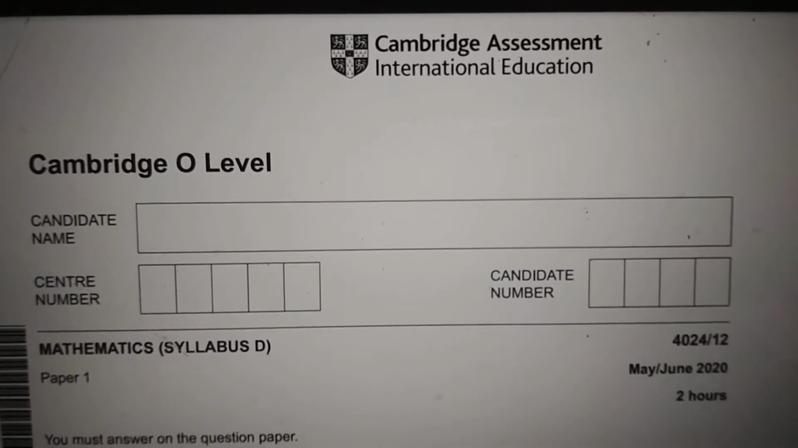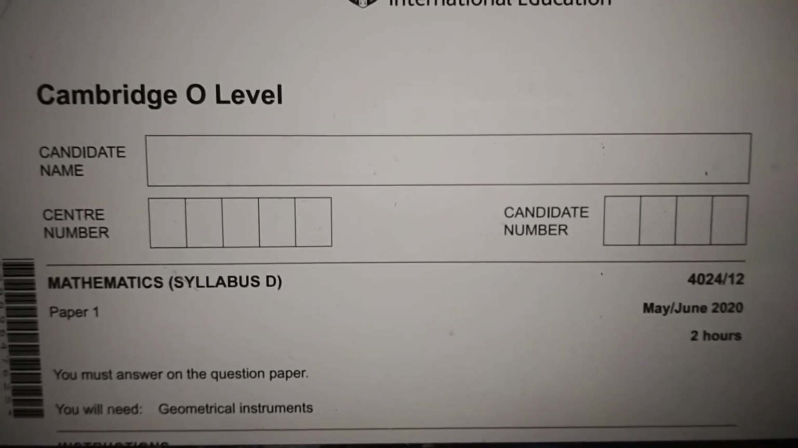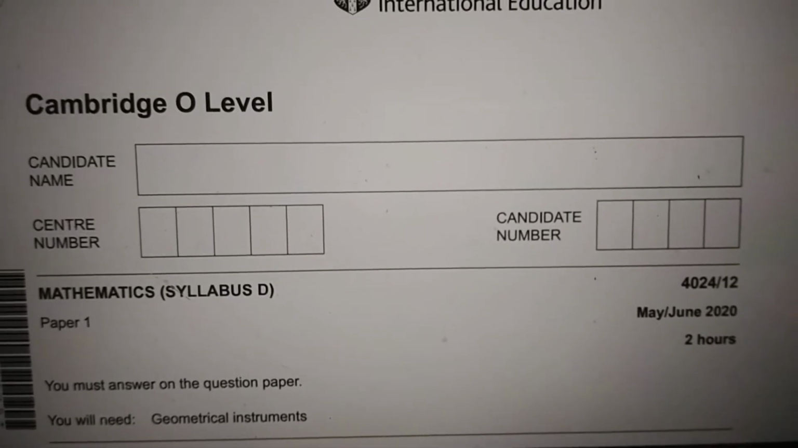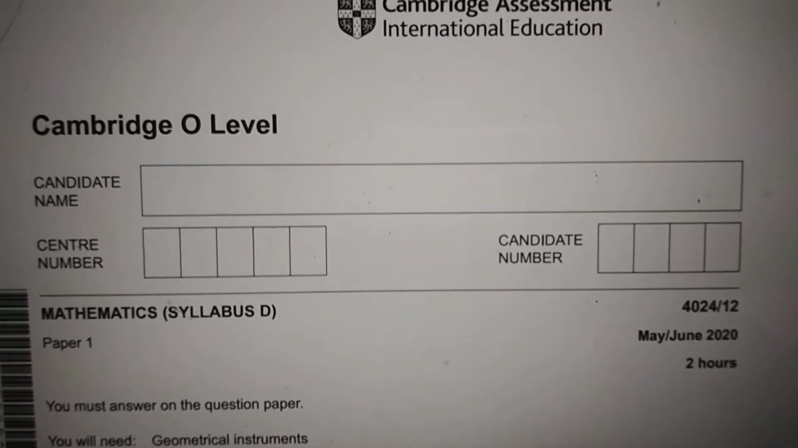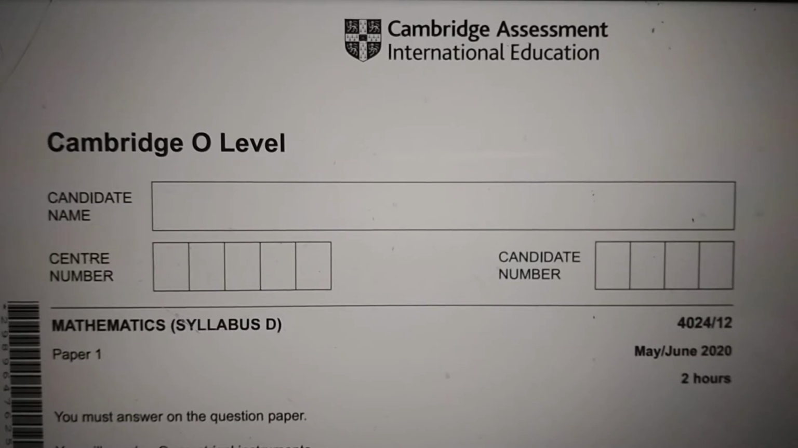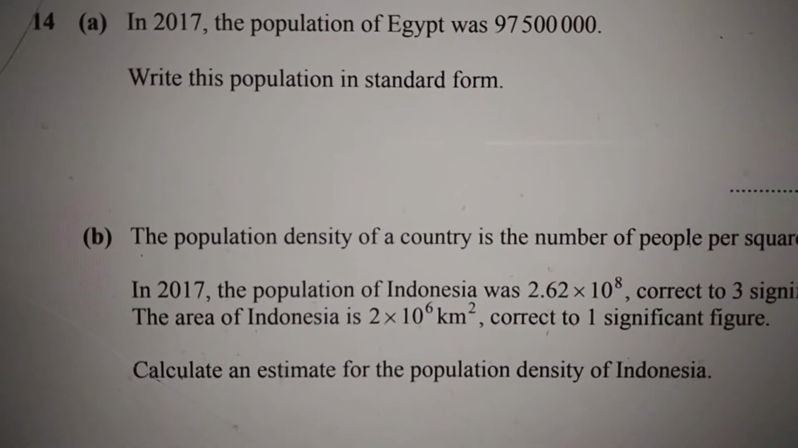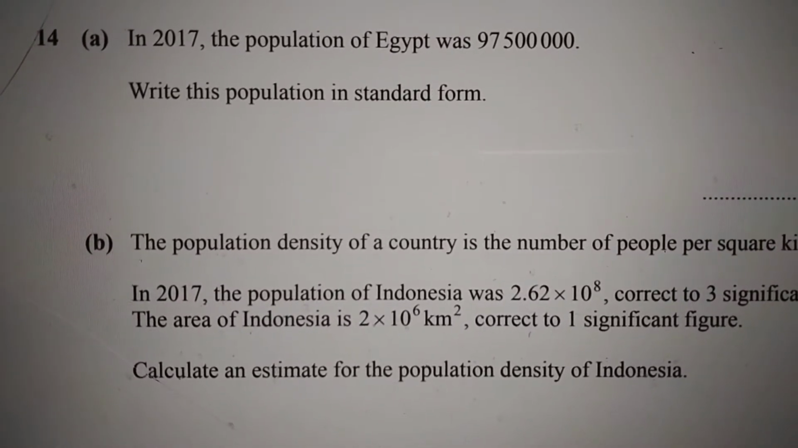Students, today we are looking at the continuation of the maths paper 1 of June 2020. So we have solved till question number 13, and today we are going to solve question number 14 and 15 in this video. Okay, question number 14, as you can see that it is on standard form, and the question says that